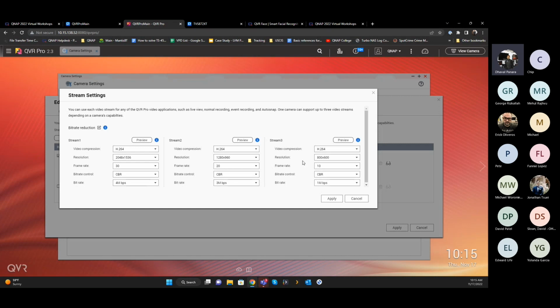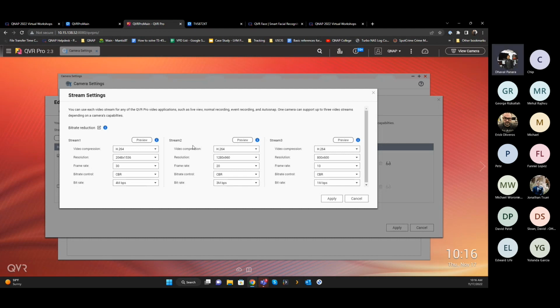A great example I can give you is, remember, you have limited space on your QNAP NAS, right? You don't have unlimited terabytes of space. That space may be filled up, especially when you have high resolution cameras like 5 megapixel, 8 megapixel, even 2 or 3 megapixel. When you have a lot of cameras connected to QVR Pro, they can eat up that space much faster. With multiple streams, you can actually control what each stream will take, right? So for example,